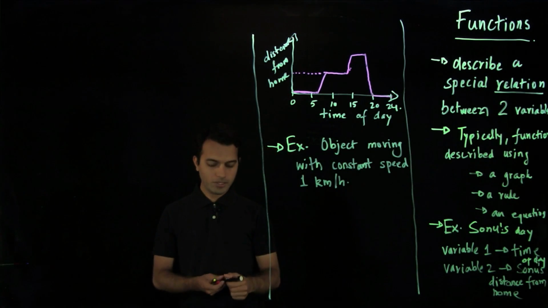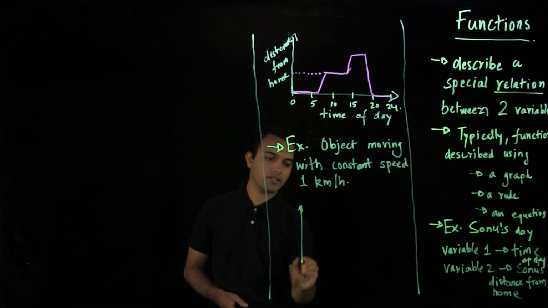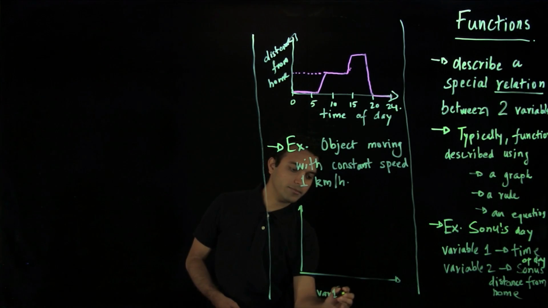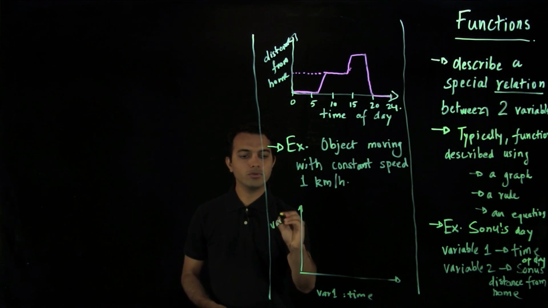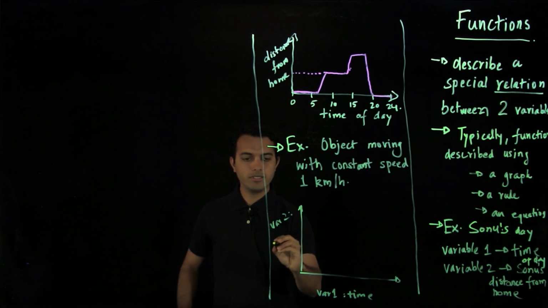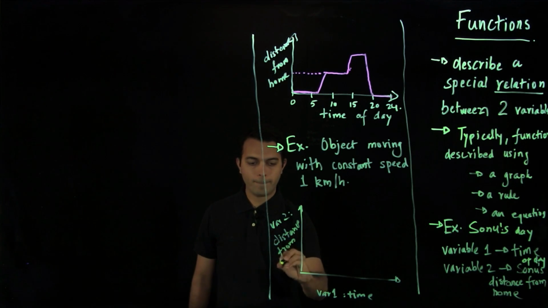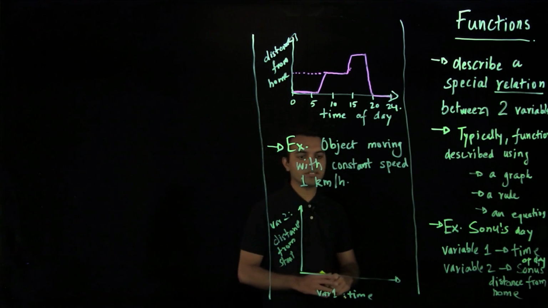The nature of the graph will be different, but essentially we are plotting similar things. So again, variable 1 will be time, and variable 2 will be distance from start. And we know if an object is moving with a constant velocity,